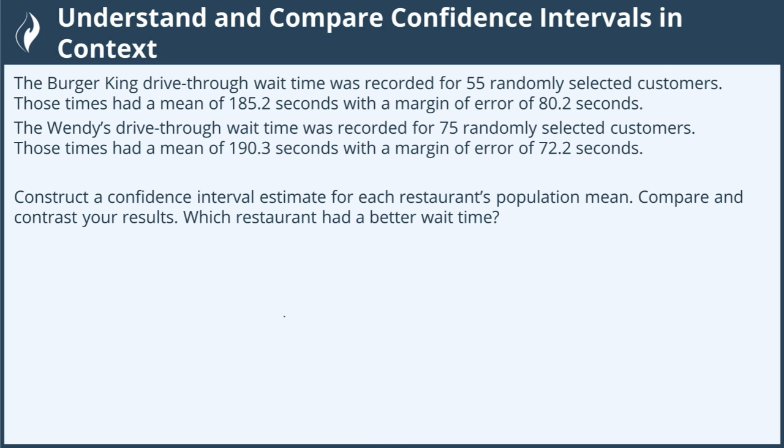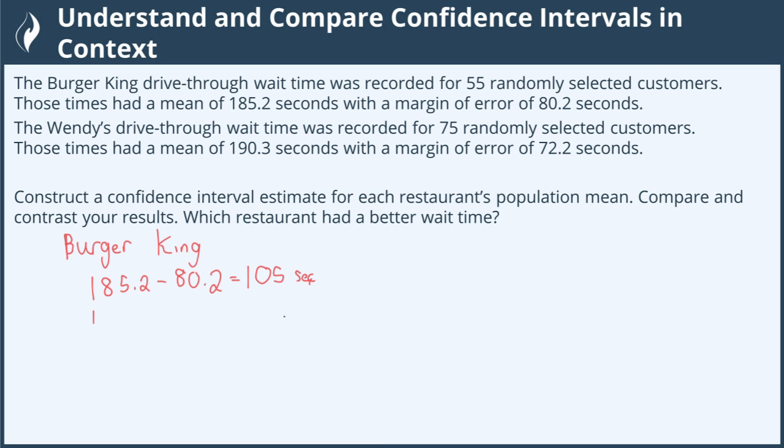Let's start with Burger King. We know in this case that Burger King has a sample of 55, and they had a sample mean of 185.2 seconds. To create a confidence interval, we're going to take the sample mean and subtract the given margin of error of 80.2, which provides us with 105 seconds,